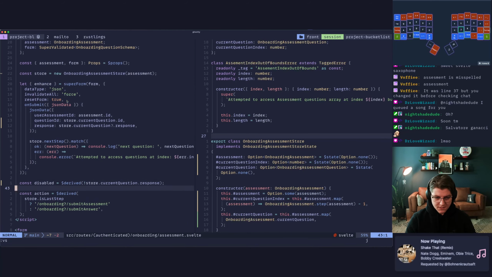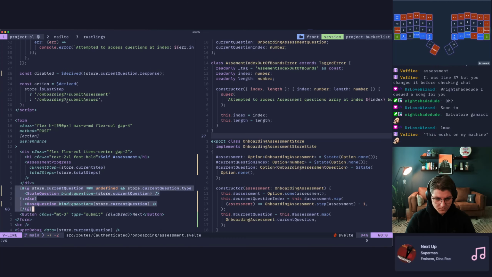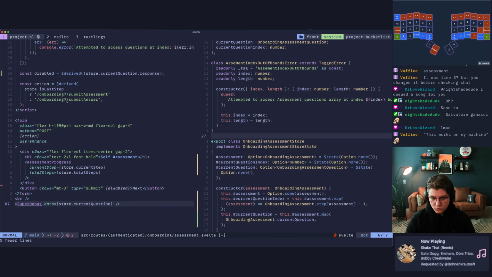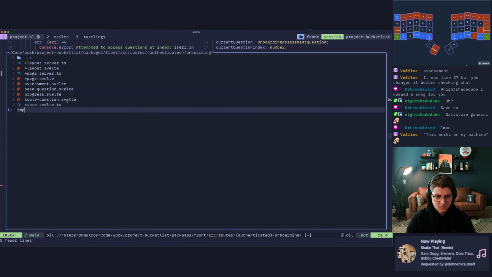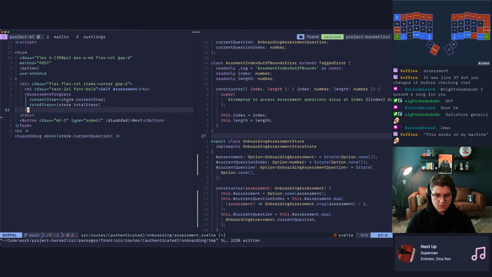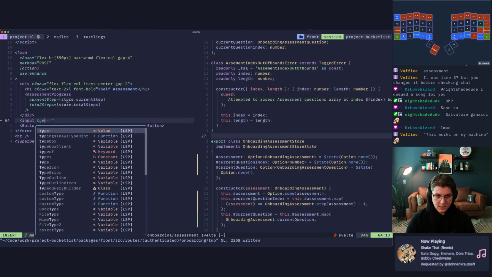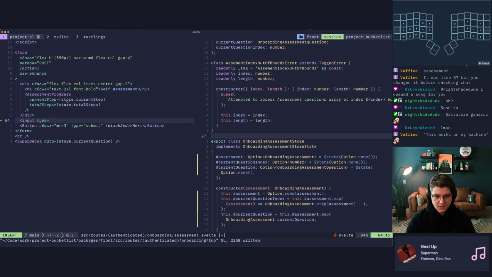Let's come in here and let's simplify this form. Let's just drop this section. In here, let's write just an input. Input will be type equals number. And then we'll say value.